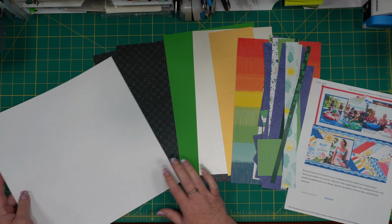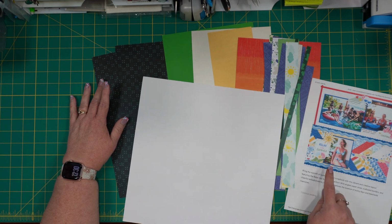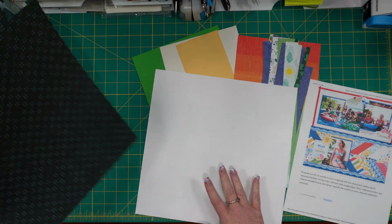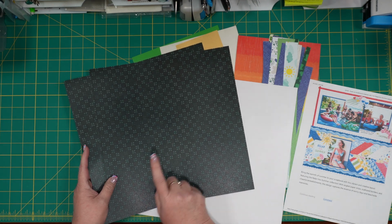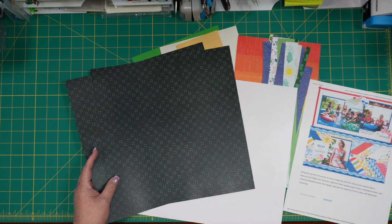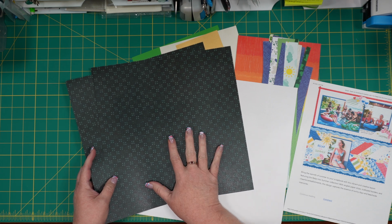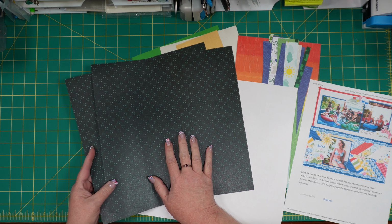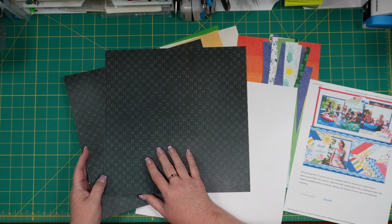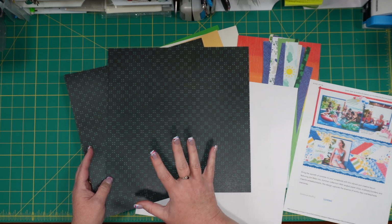So we are going to start by saying these 2 sheets, the dark ones here, are going to be my base sheets. They're going to be the bottom of all of this. And I chose them on purpose. I chose them for 2 reasons. One is because this paper is so dark that I have a really hard time using it. I know that might seem odd, but sometimes when papers are really dark, unless I'm doing a page of something that's scary, or I don't know, I just don't think about using dark papers very often, and